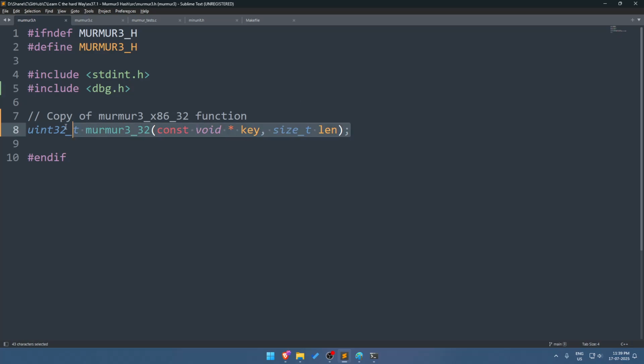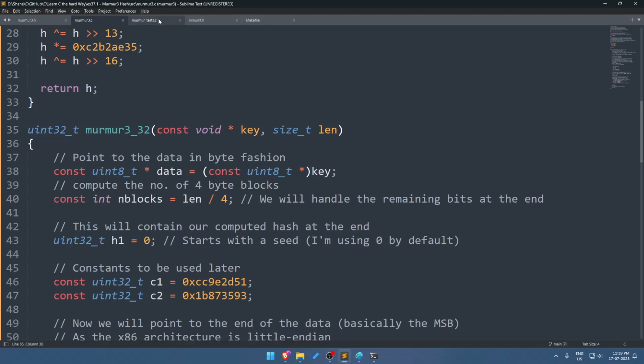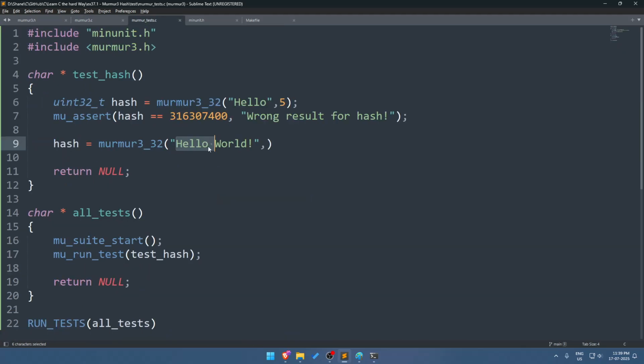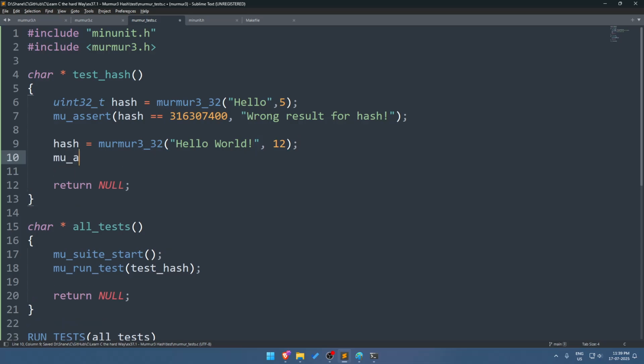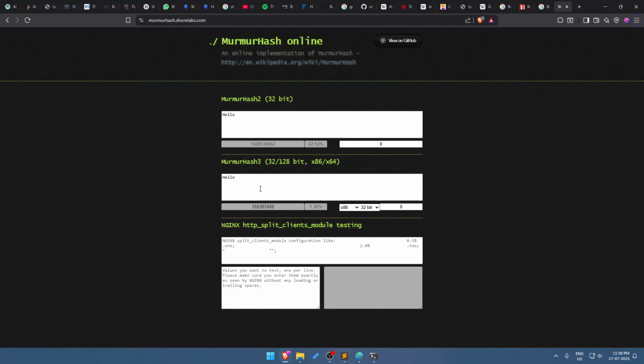But then that header file would be copied everywhere, so I would just copy and paste it in the file anyways. Okay, hello world, if this is 6, then this is another 6, so I'll say 12, right? Hello space 6. This is 5 and then this is 6. Okay. 12 and you assert hash should be, let me check,